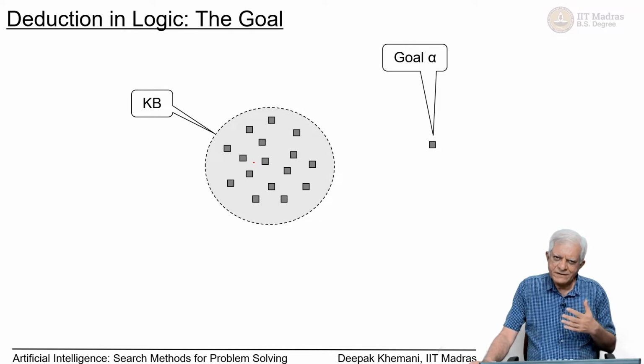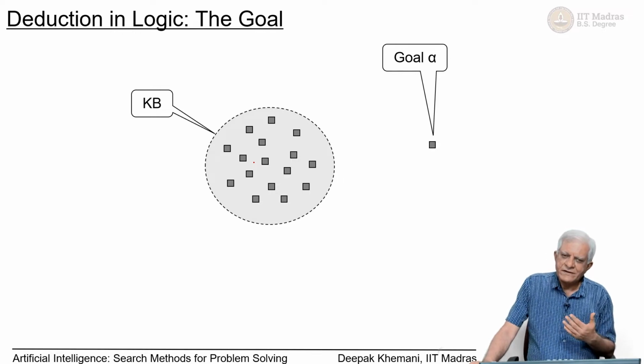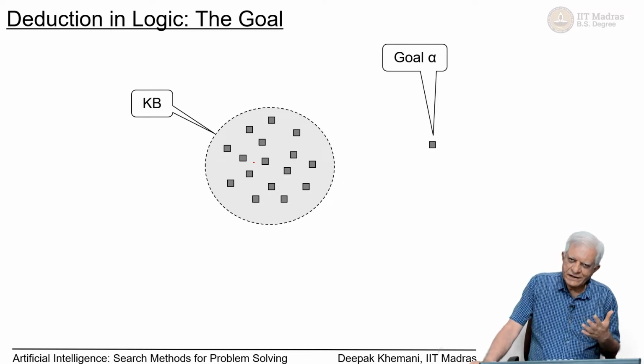which basically means searching for something, searching for solutions, whatever the case may be. In the case of logic, it is searching for a proof for a given statement. So, without going into the details of what is the language we use for logic. So, typically we use something called first order logic or predicate logic. We want to try and understand the role that search plays in deduction, and in particular we will look at